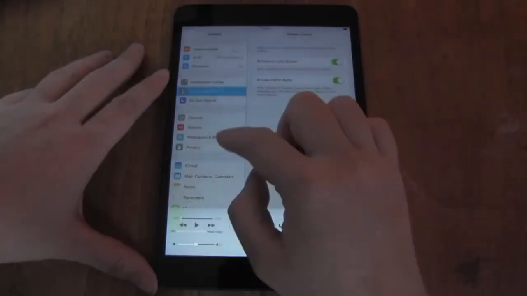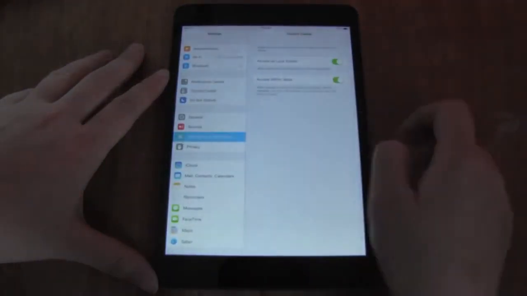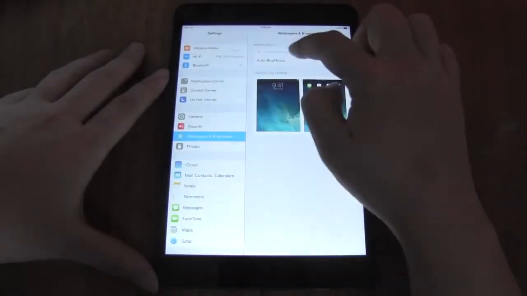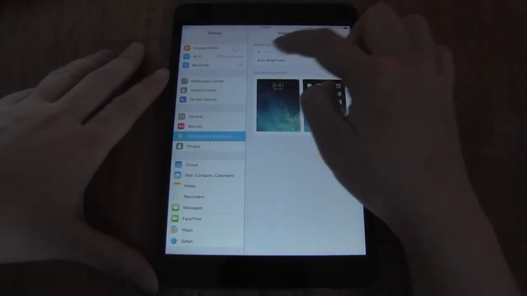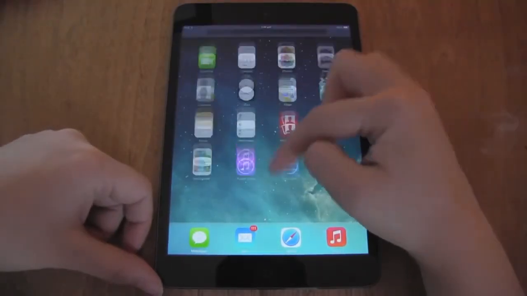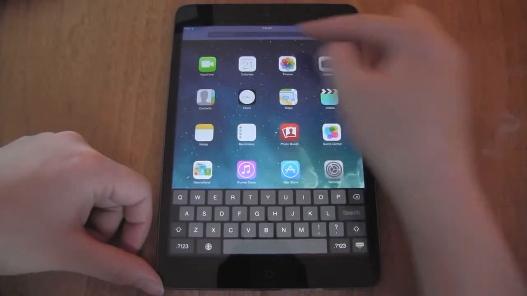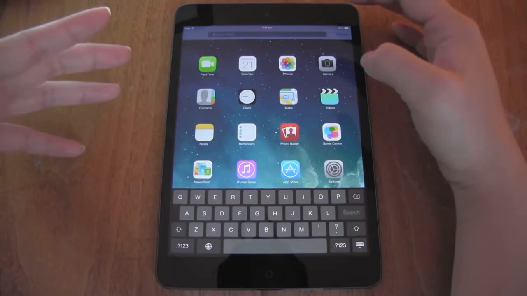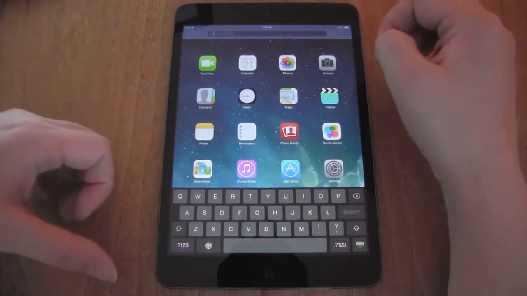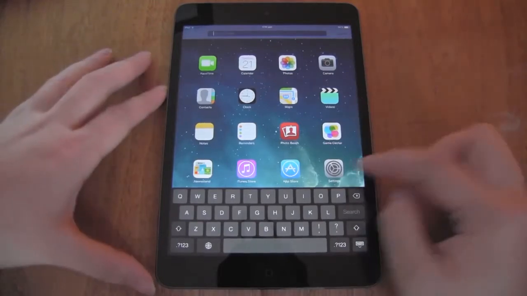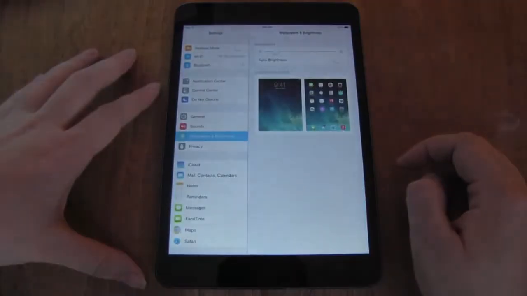Another pretty obvious one is actually the brightness, right? So don't put it on auto. Put the brightness at something kind of reasonable. Don't jack it up. Another one that people may not think will eat battery is Spotlight, right? So the fact that you can search within many different applications actually will use up a lot of power, because the tablet has to do data indexing when it goes around. So go into Settings,